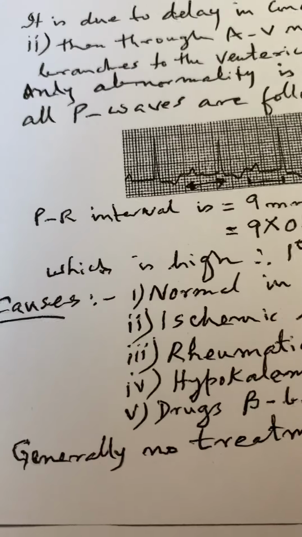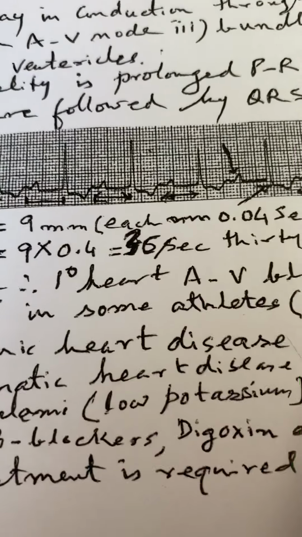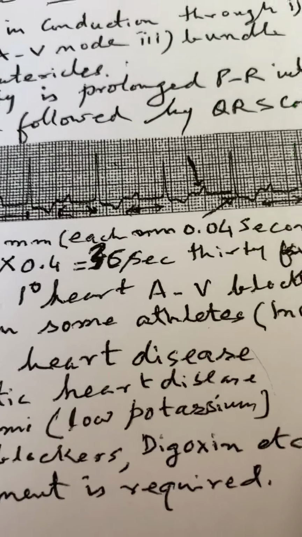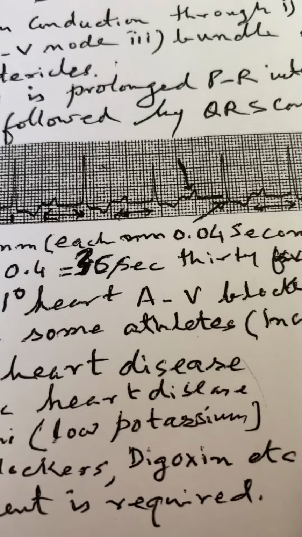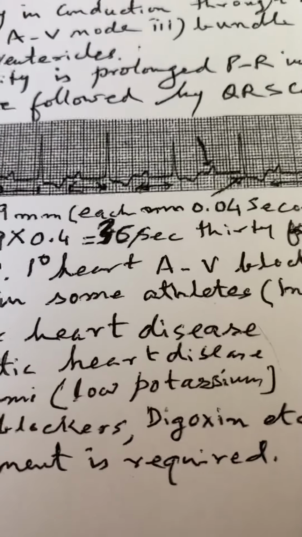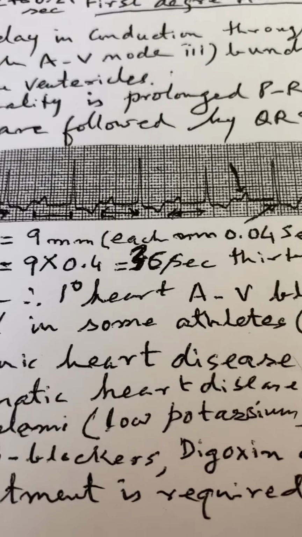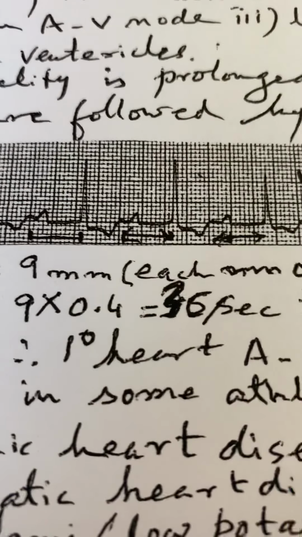Generally no treatment is required, but there is a word of caution. When you see an increased PR interval in a person who is not an athlete, you should take care and supervise. So once again, first degree heart block is an increase in the PR interval as shown in the diagram. So this is the first degree heart